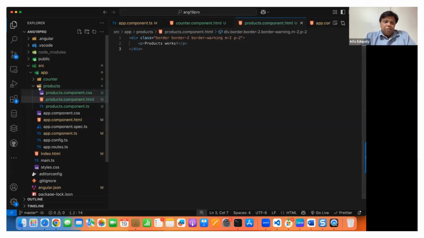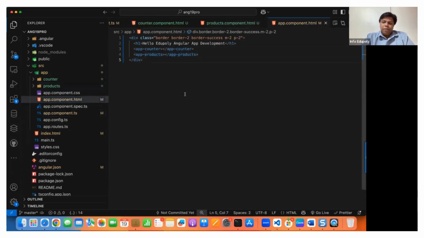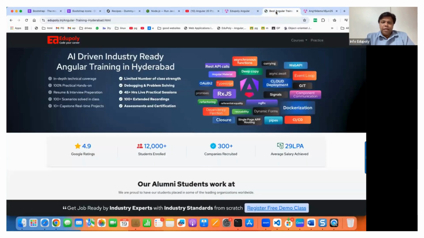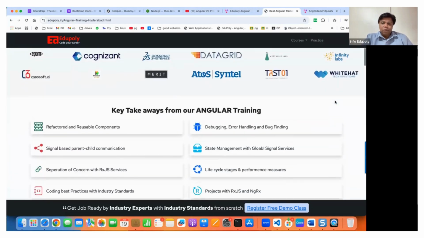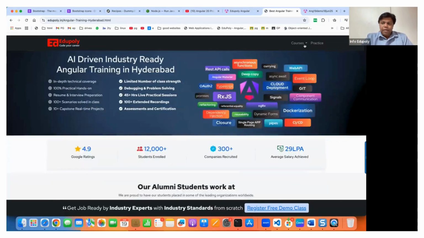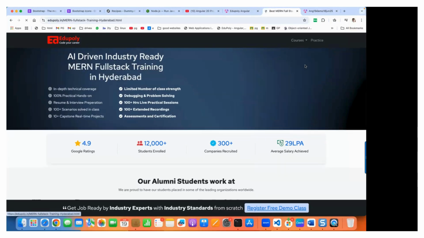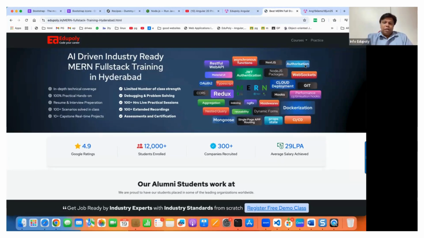Because in an application, we will have hundreds of components. All the components cannot be displayed in the app component. For example, even on my website, we have almost 15 courses, but right now we are showing only 5 courses. If you really want to show all the courses, this page is not good enough, right? So what did I do? I have created them separately and I am loading all those pages one after the other,